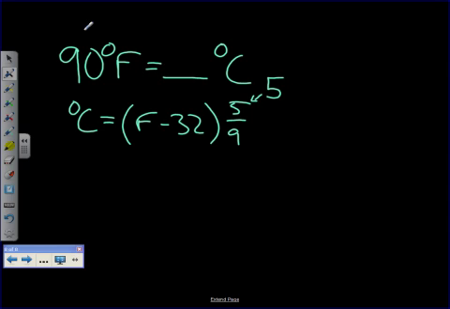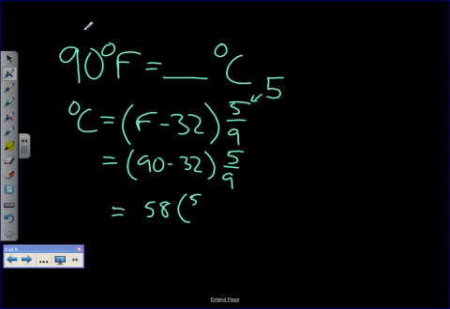Okay, and so we're going to take that formula, and where the F is, we're going to plug in our 90. Okay, so we got 90 minus 32. Okay, all of that times 5/9. So we want to do what's in the parentheses first. Remember your order of operations. 90 minus 32 is 58. We're going to multiply that by 5/9. Okay, just going to punch that in the calculator. Basically 58 times 5 divided by 9. And we're going to get